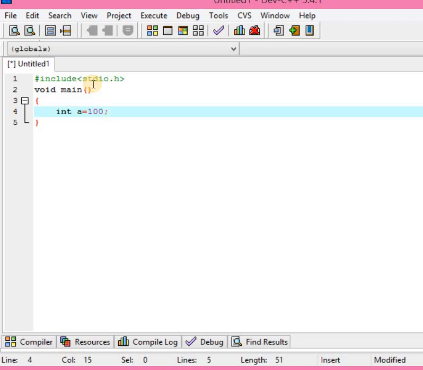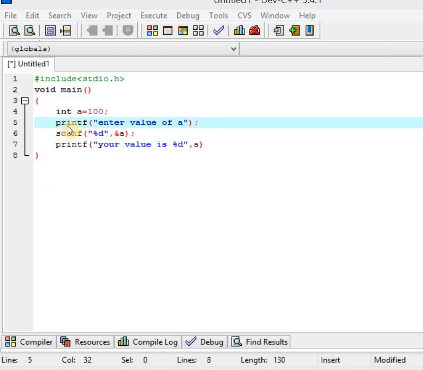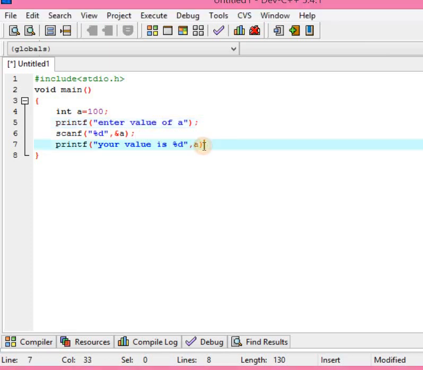In scanf, first we write printf. Here we write printf, enter value of a, scanf. Here we are using data type int, that's why we use %d format specifier, and &a is the address of the variable. For scanf we use the address of the variable. Again we print that value. Your value is %d because we are using int data type, format specifier %d, after that comma a, semicolon. Save the program.